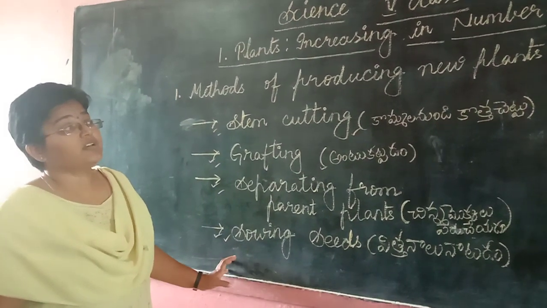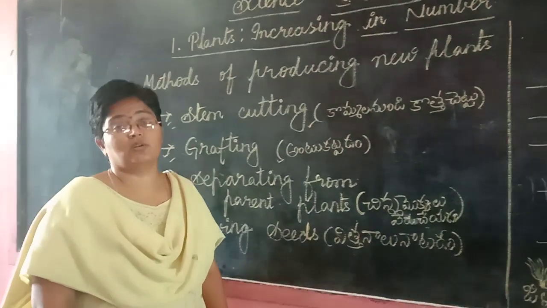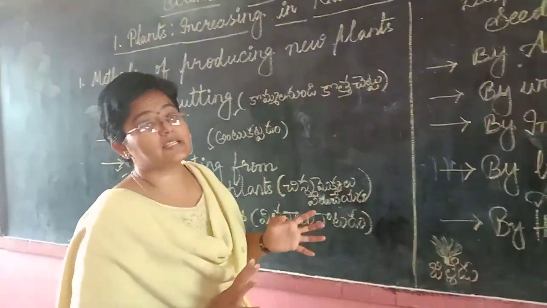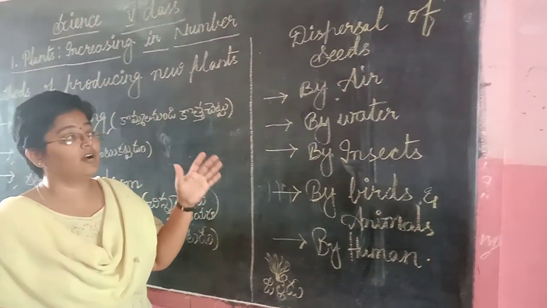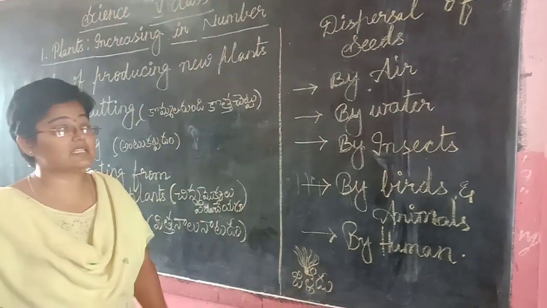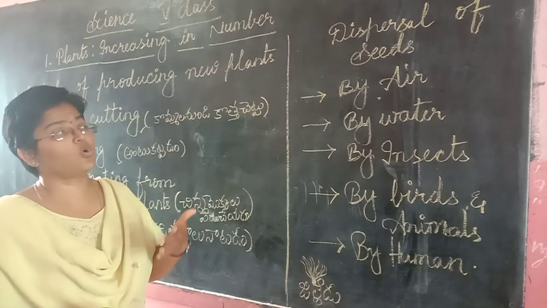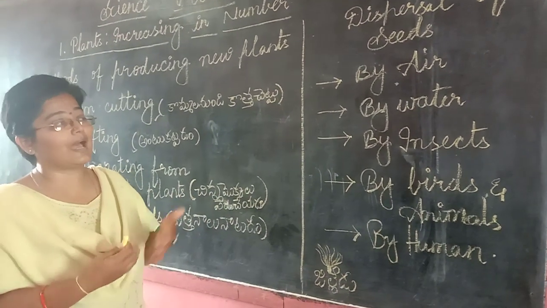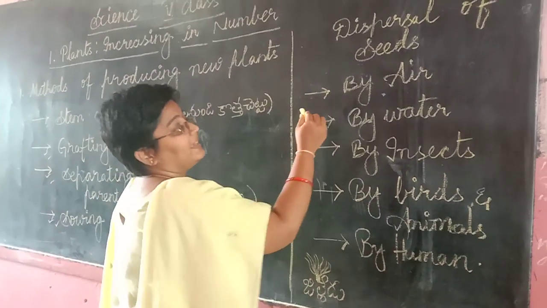So today we are going to know about dispersal of seeds also. That means how the seeds are carried by different kinds of agents. Agents means they will carry seeds along with them. So what are those agents? I have listed them out here for you. So let us go through them. By air,